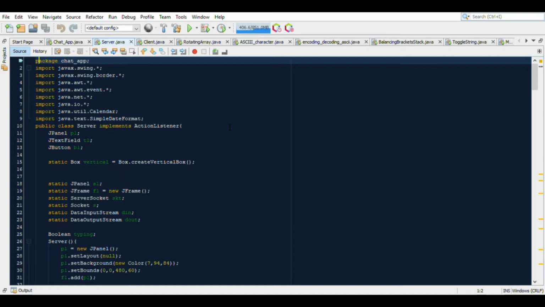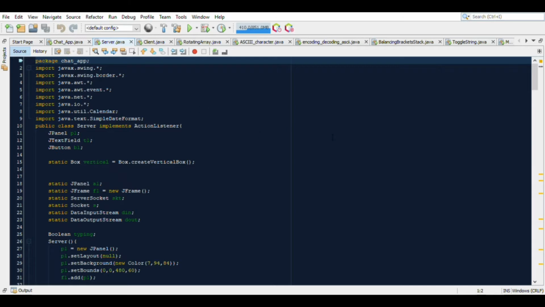Although I haven't made this for a connection between two devices, it will run on the same platform for communication, but I just had the curiosity to see how the message exchange happens. So I have developed this project which is named chat app.